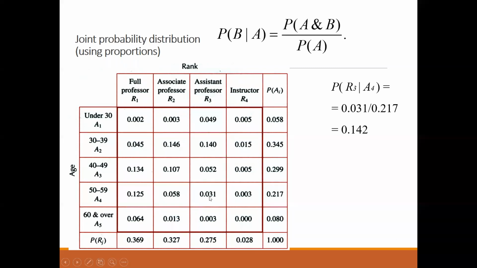If I take the same example again, you can see for R3 and A4, we have 0.031, and for A4 the total 0.217, which is coming to the same answer which we got in the previous example as well, but that time we had used frequency. Similarly for the next also it will give the same thing. If you compare, both the answers will be the same. And you can see also the grand total will always be 1. Okay, let's go ahead.